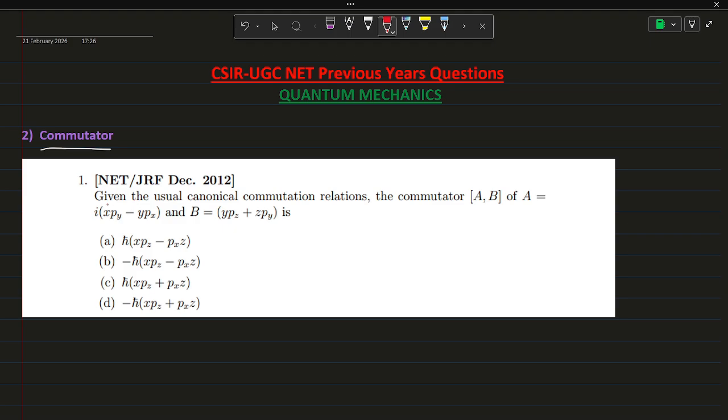The first question was asked in December 2012. The question is, given the usual canonical commutation relations, find the commutator of A and B. A is an operator given in the form of position and momentum, and B is also given in the form of position and momentum. So we have to find the commutation of A and B. The solution will be